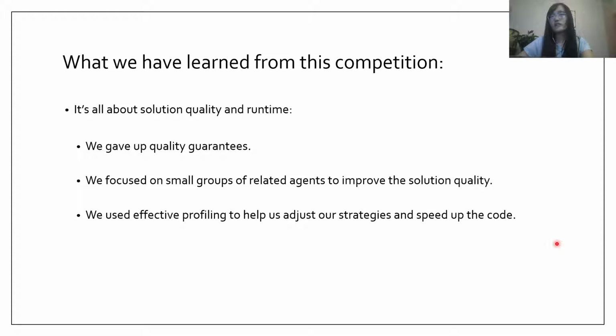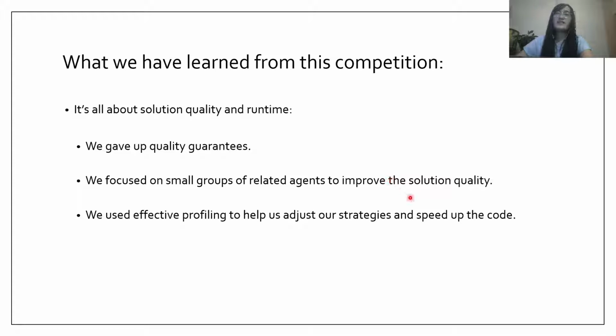To summarize what we have learned from this competition, all the improvement techniques we developed are about improving solution quality and reducing runtime. Our group's research often focuses on multi-agent path finding algorithms that have guarantees. We want to guarantee that the agents always reach their goal locations, and we want to guarantee that we always find optimal or at least suboptimal solutions. These guarantees are nice to have, but in practice, we don't need them. What we really need are good quality solutions for thousands of agents, and we need these solutions very fast. These insights lead us to focus on prioritized planning instead of optimal algorithms.